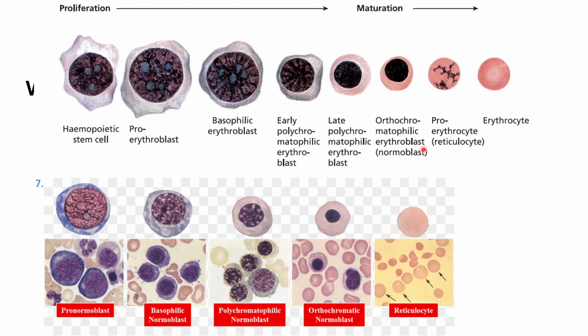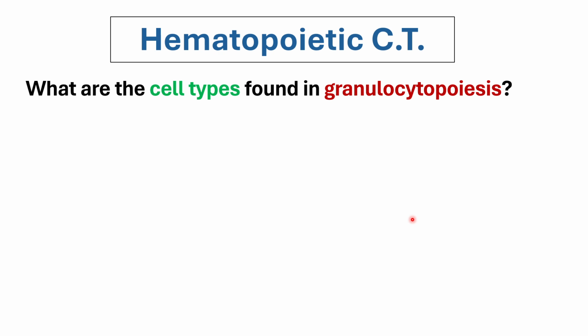But what is just important, guys, is that you are able to recognize which ones are immature and which ones are mature, because we should know that in normal circumstances, these cells on the left side should be the ones that we are gonna see in the marrow, and these ones on the right side, especially these, the unnucleated ones, or the cells without nuclei, are the ones that we should be only seeing in your peripheral blood smear. Okay?